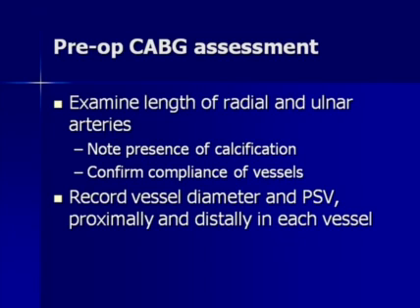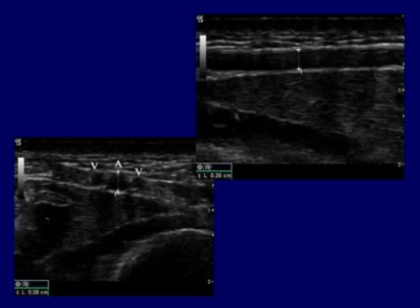One of the other areas that we get asked to look at the upper extremities for are in patients undergoing a coronary artery bypass. We need to evaluate the radial and the ulnar arteries to make sure they're adequate, look for calcification, confirm that the vessel is still compliant, and we're going to record the diameter and the velocities within these vessels. In terms of measuring the diameter, it's probably best if we use a transverse view,